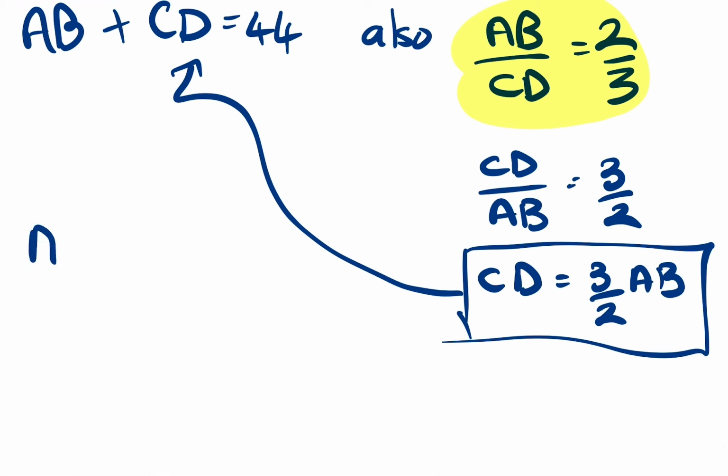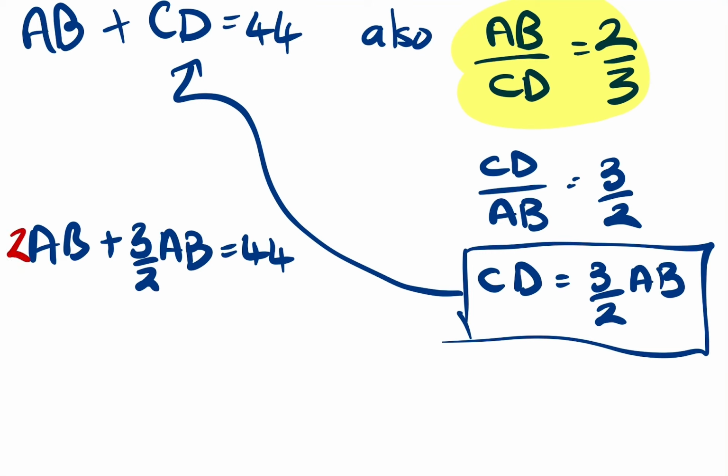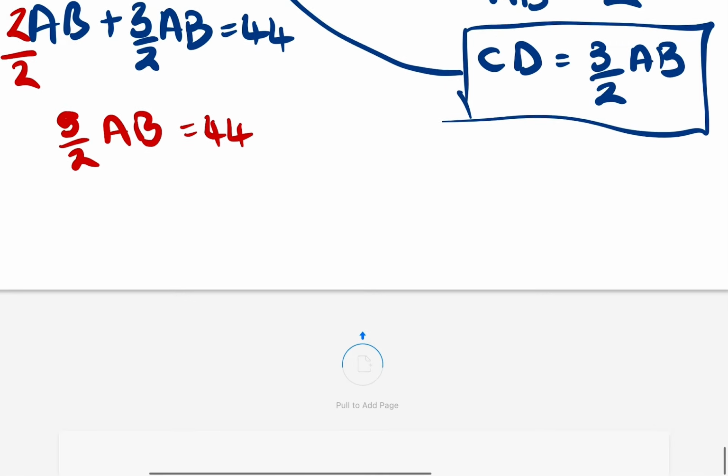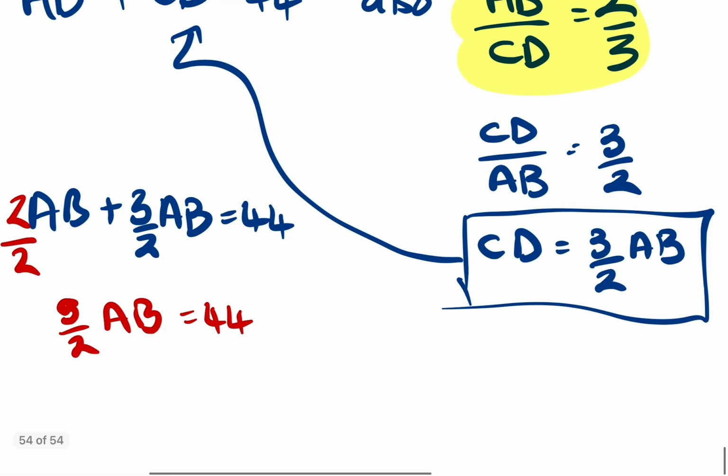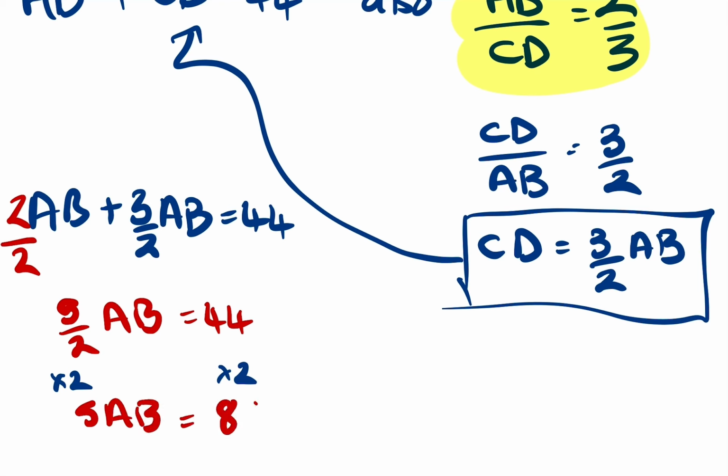So I get AB plus 3 over 2 AB equals 44. We can think of AB as just 2 over 2 AB. So we've got 2 over 2 plus 3 over 2, which gives us 5 over 2 AB is equal to 44. Just about got enough room for this. If I multiply by 2, I get that 5AB equals 88. And if I now divide by 5,